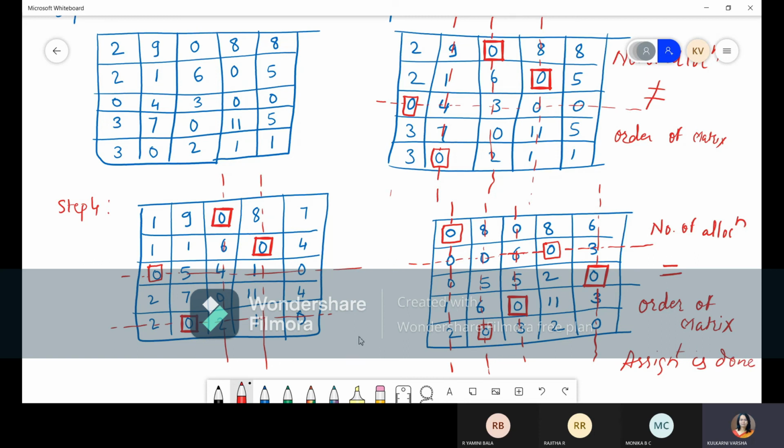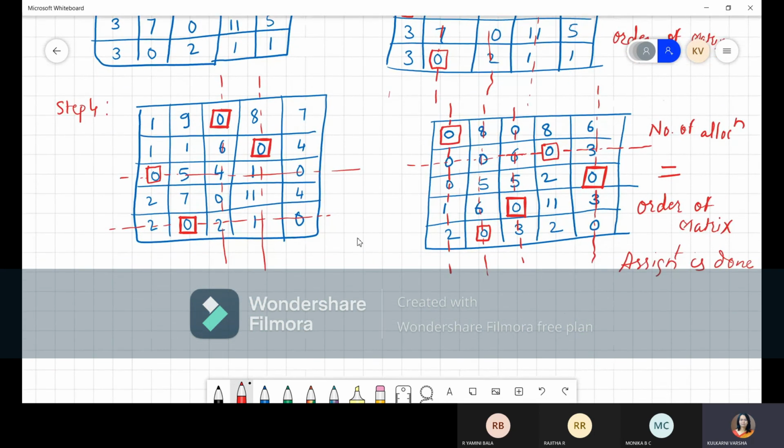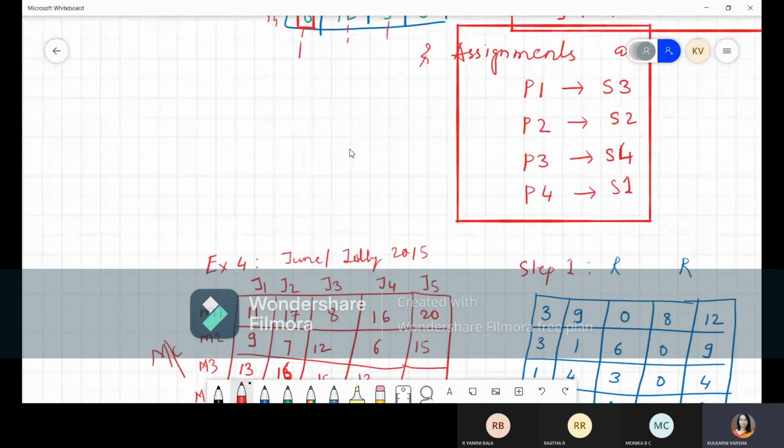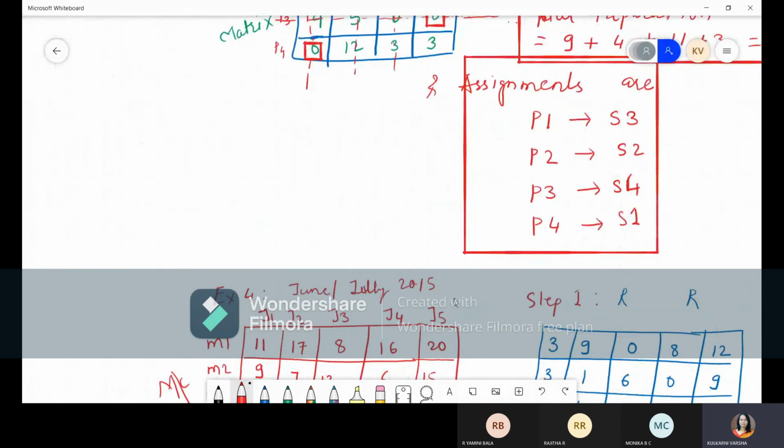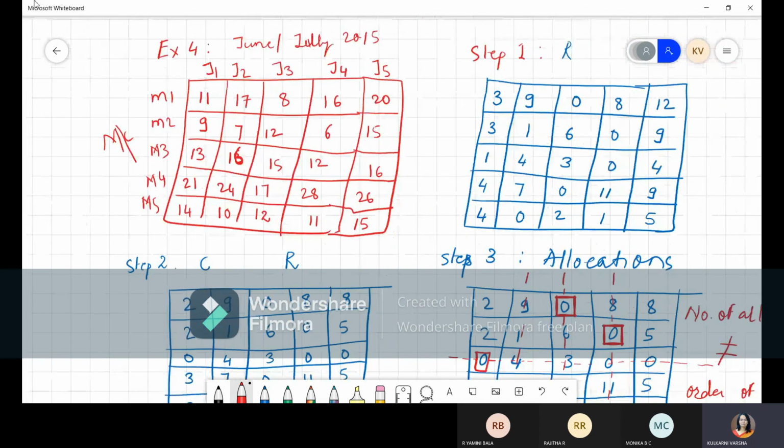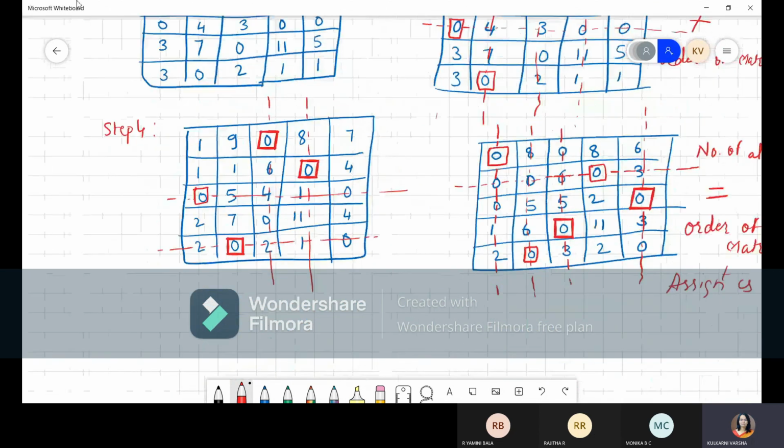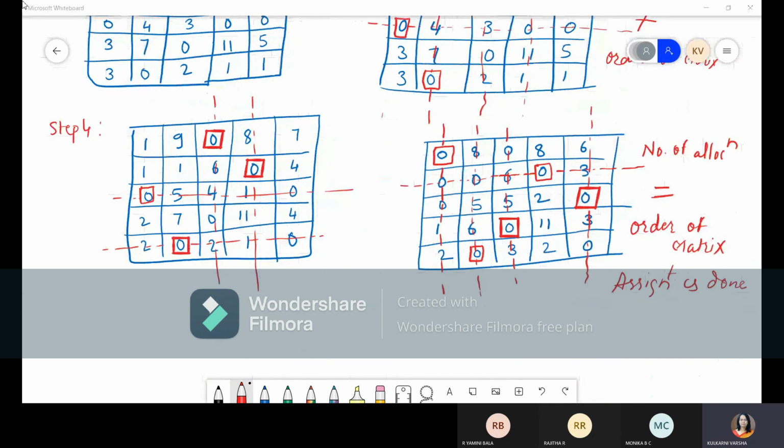Now what we have to do? We have to find out the assignment. It is for machines to jobs, right? So we'll write down machines to jobs, and mention the assignments. This is machine, these are the jobs. Machine 1 is assigned to job 1.